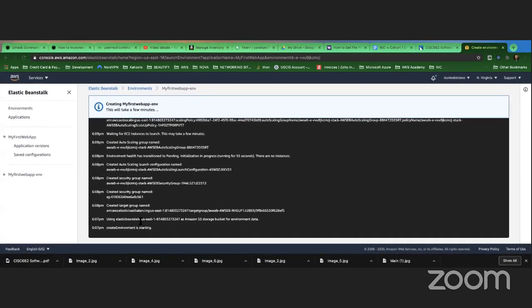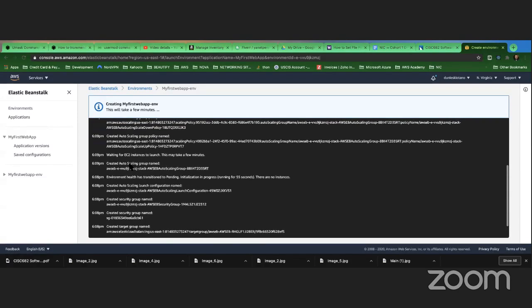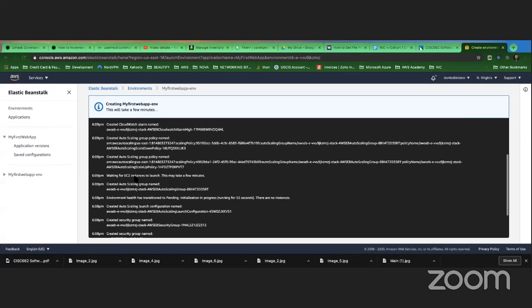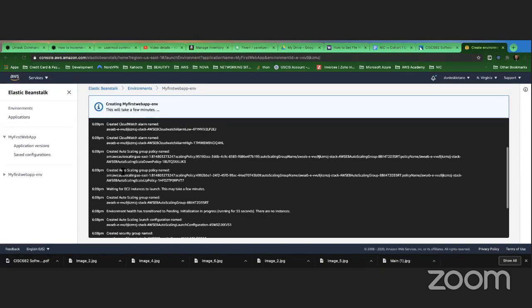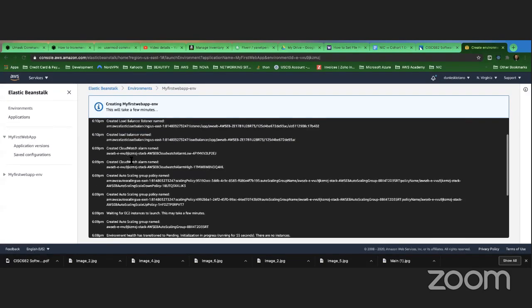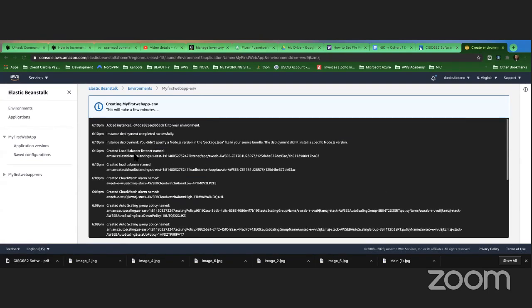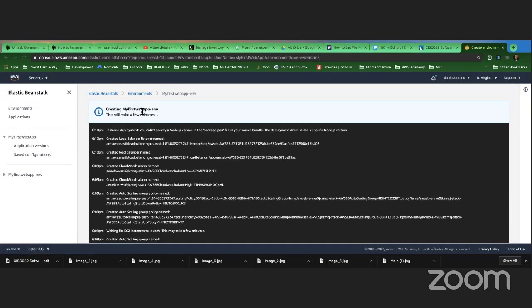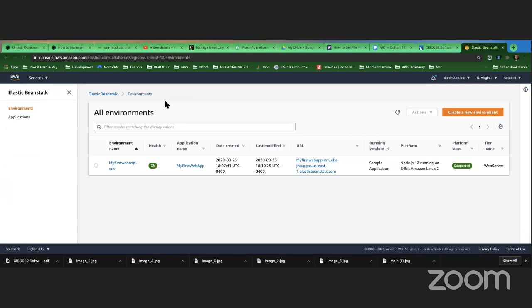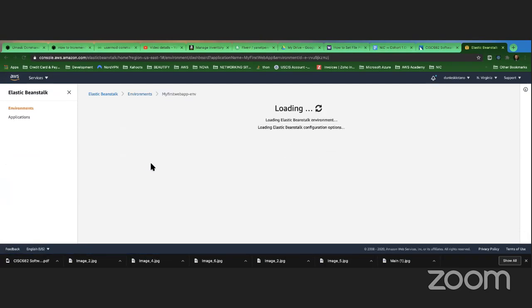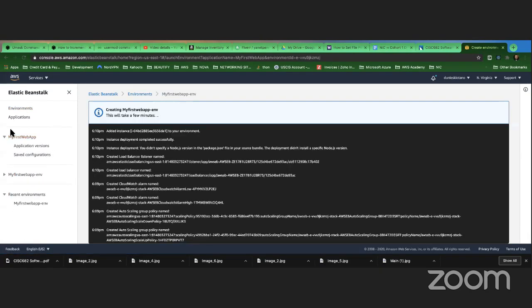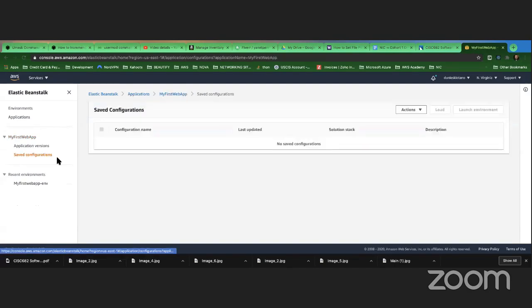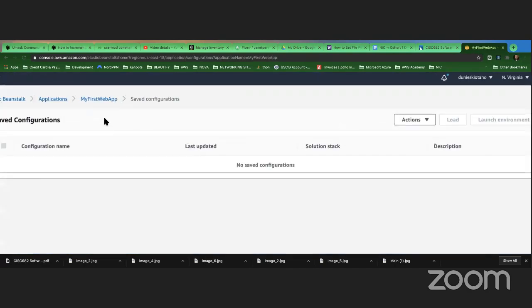You see, here it's creating the target group, security group, and auto scaling the instance. It's going to launch the auto scaling group, CloudWatch alarm, load balancer, deployment completely. Okay, let's wait for that. All right, is that okay already? So we have here the saved configuration.